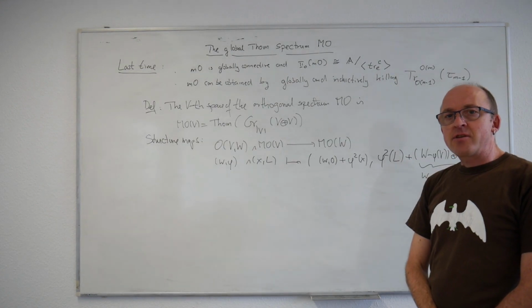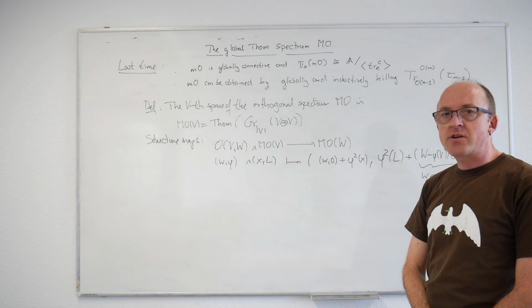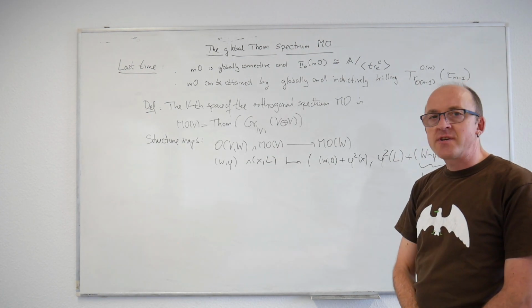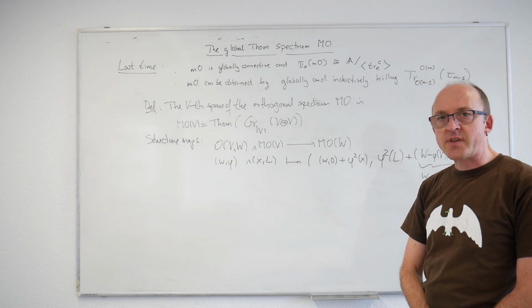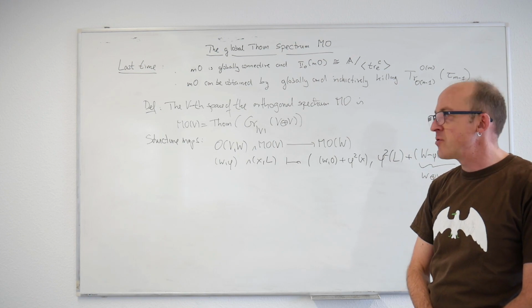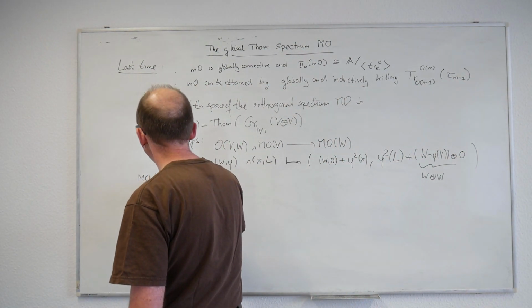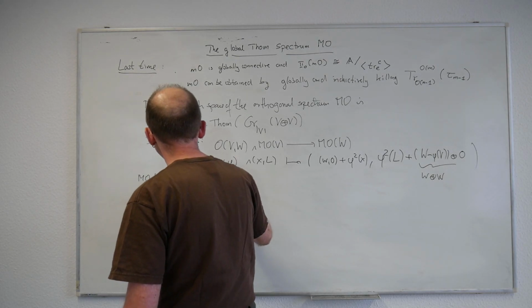The little m capital O had a ring spectrum structure, but it has an E infinity ring spectrum structure that I did not make explicit. This capital M capital O is a little bit better. It even has a strictly commutative multiplication. So it is what I like to call an ultra-commutative ring spectrum. So MO has a strictly commutative multiplication.